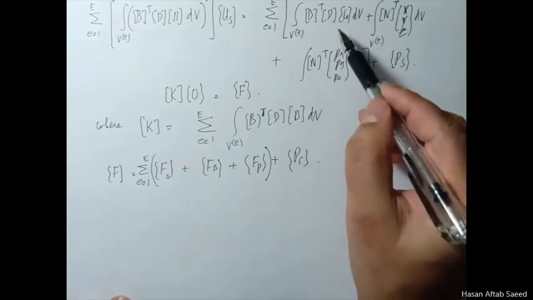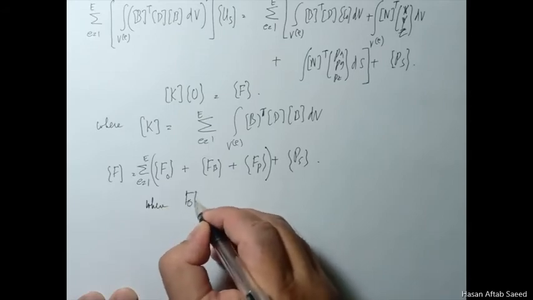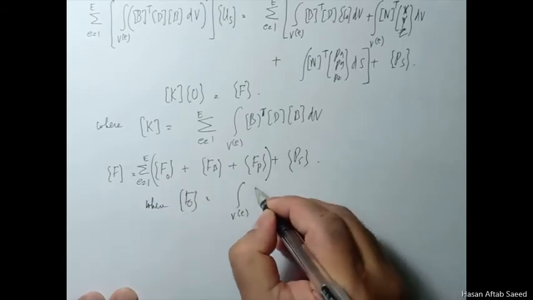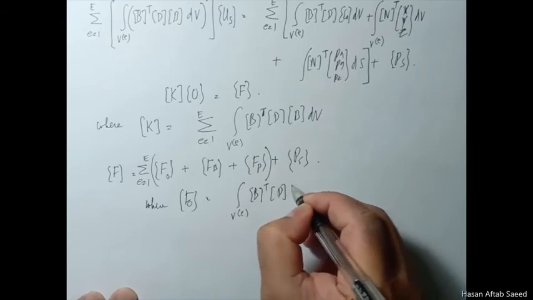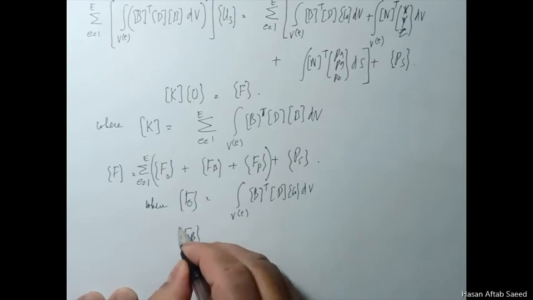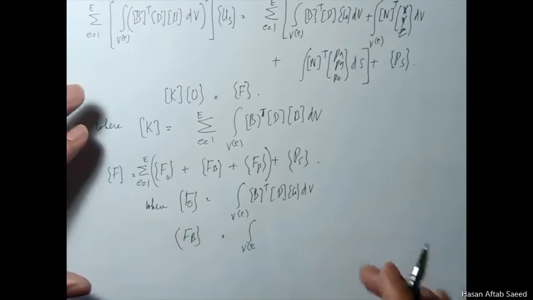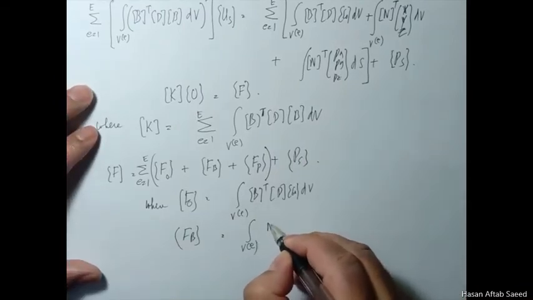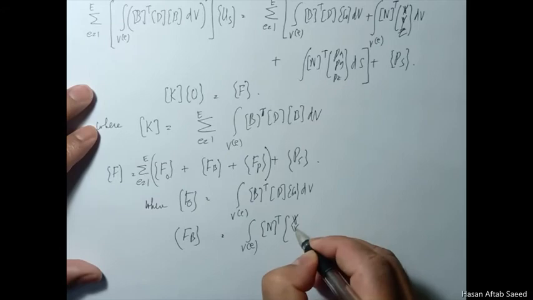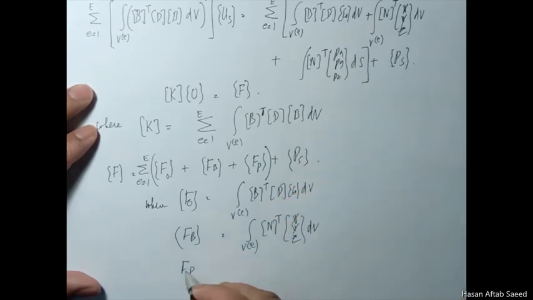These three, where F naught is equal to, FB is equal to, and FP is equal to